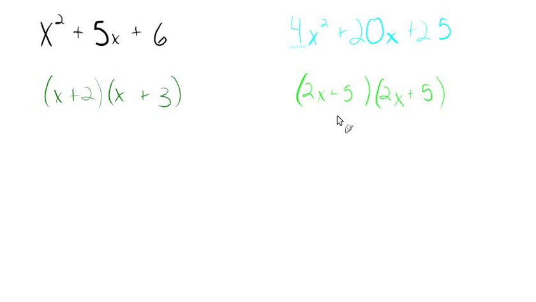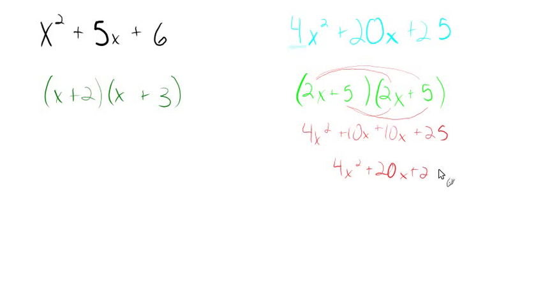We'll say this is the solution. We've got to check and see if this is the solution by multiplying everything out. So we'll take this 2x times 2x. That'll be 4x squared. And 2x times 5x, that's 10x. And then we're done distributing the 2x, and we'll move on to the 5x. And then 5 times 5 is our 25, and we combine like terms, and we get the 20x. Okay, well, we just kind of got lucky right there, because we could have just as easily tried to do